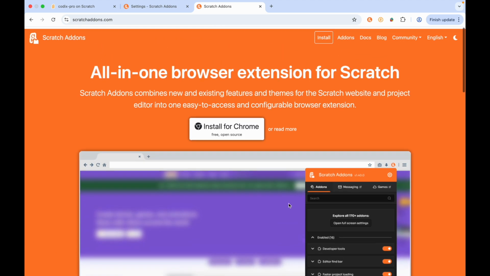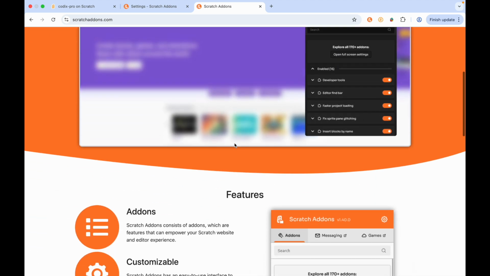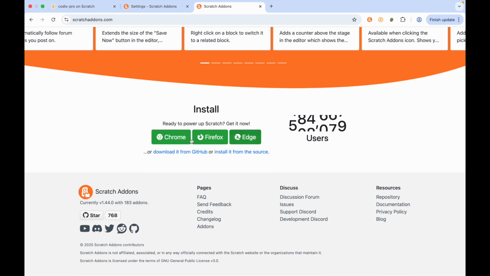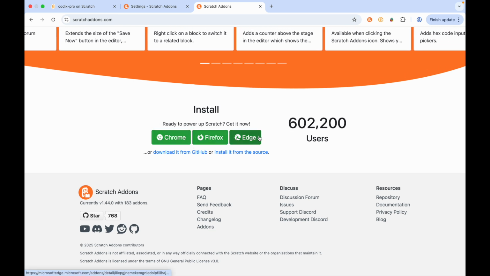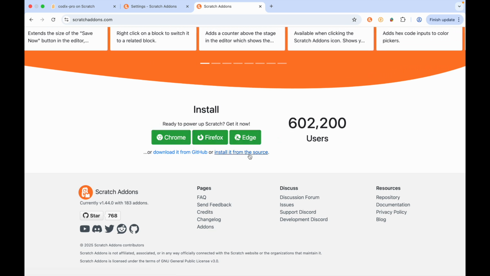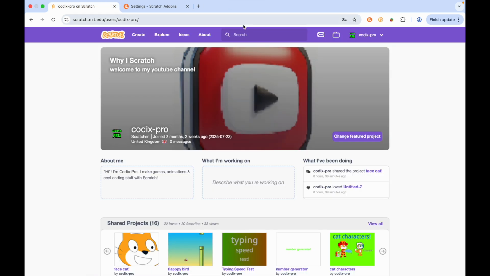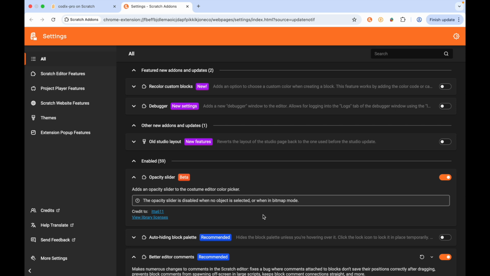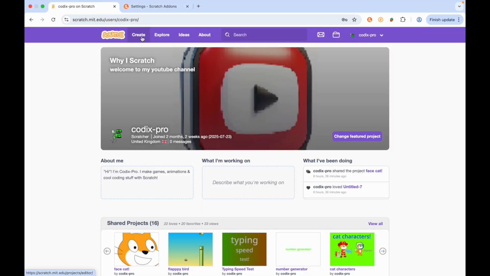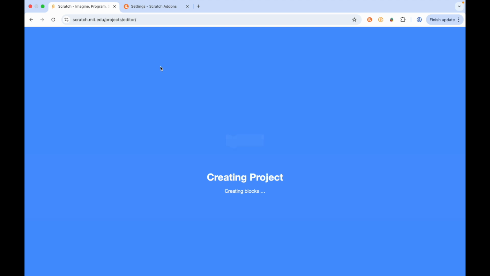And then as you can see here, you can install from Chrome or much more, like Chrome, Firefox, Edge, GitHub, from its source and more. Well, I already have it in and I'll be showing you how to use it. So if we just create a new project to see how it looks,